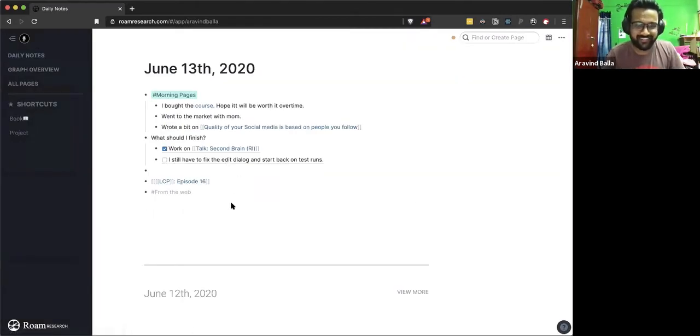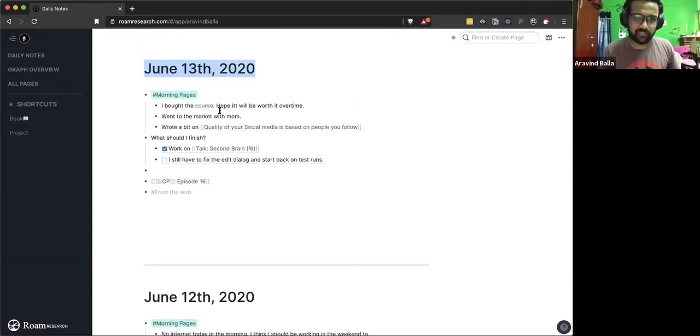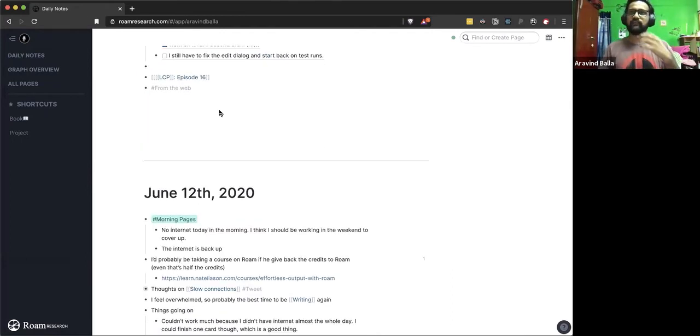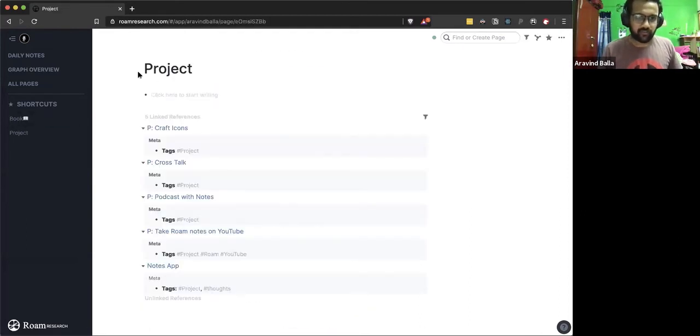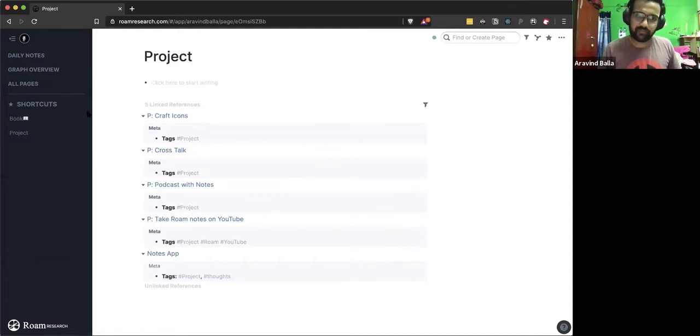It's all hacky. So what happens here is that when you log on to Roam Research, it presents you with a daily page, a daily note page. And what I'm doing right now is taking a few things in morning pages, which is a thing that I want to get out of my head, and it gives me a clear picture of the day ahead. And so I have a few projects that I work on, which are categorized as projects that are related to